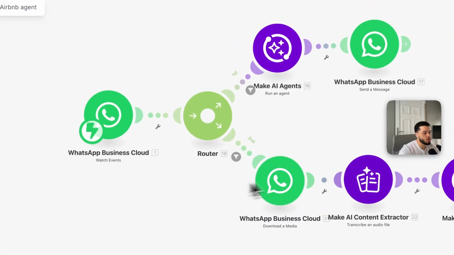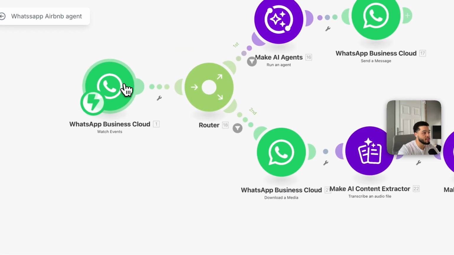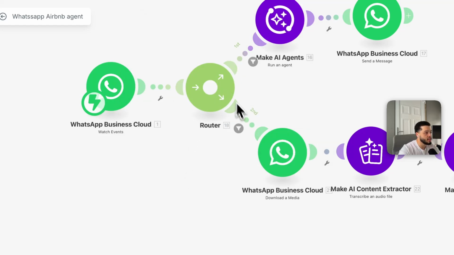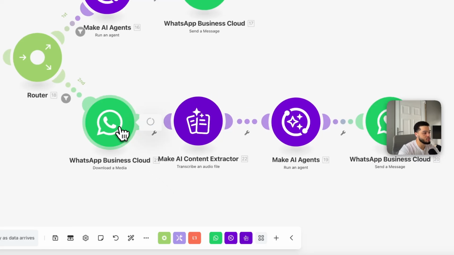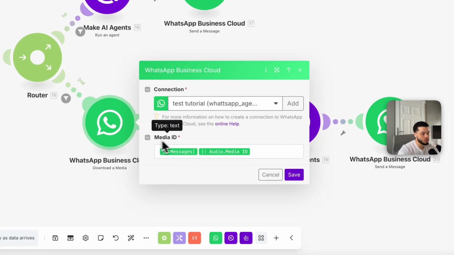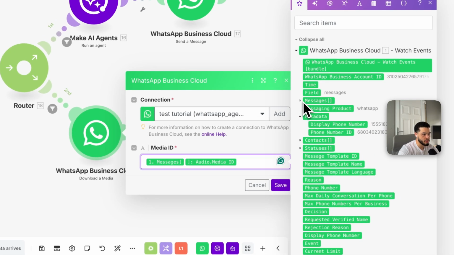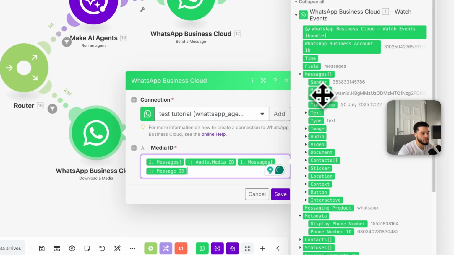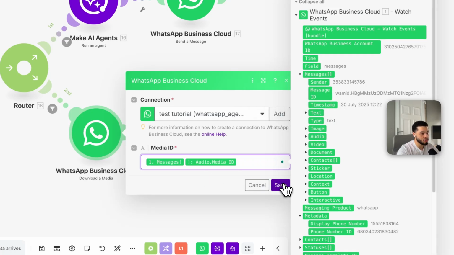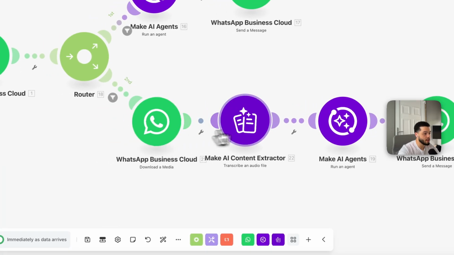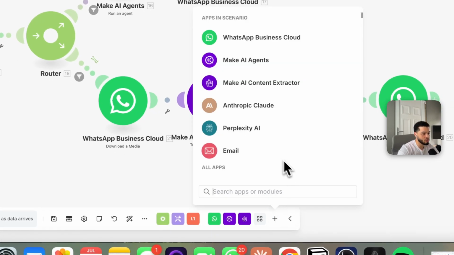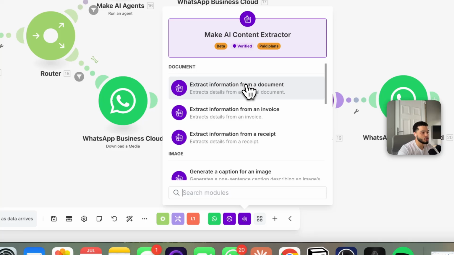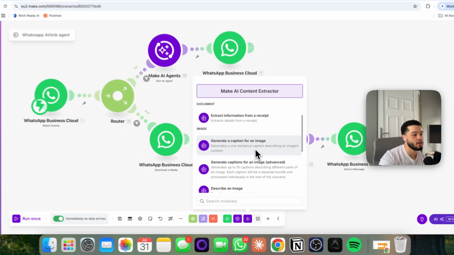Now in this scenario we have it set so that if the message that comes in from WhatsApp has the message type audio, then it will choose this route, and this will basically download the message. So we'll select the message ID in here. As you can see, we come down here, we find the message ID, then it's going to find the message ID and basically download this as a media. As you can see, Make has a built-in AI content extractor. So if we come over here, we select this module, which is the Make. We come down here and we select